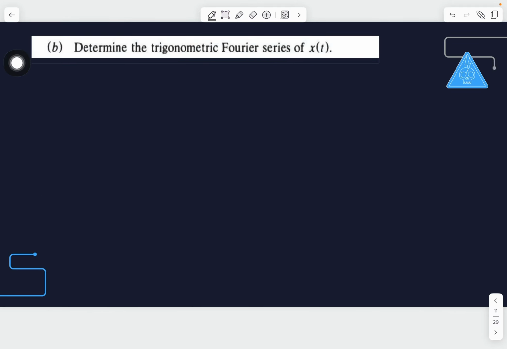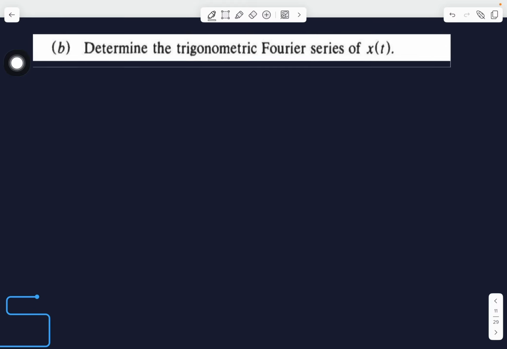Determine the trigonometric Fourier series of x of t. So since we already found the complex exponential Fourier series, we don't need to compute again. We can use the relationships. So a naught is equal to 2c naught, which is 0, or we can say by the symmetry. So a 2m plus 1 will be c 2m plus 1 plus c minus 2m minus 1, negative 2aj plus